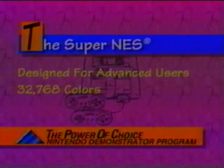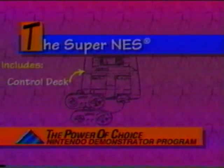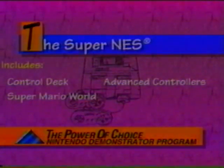Nintendo's most advanced video game system is the Super Nintendo Entertainment System, also known as the Super NES. This system offers thousands of colors and up to 4 layers of scrolling screens which provide dazzling 3D graphics. It also includes digital stereo sound to help bring new excitement to video game play. It's like playing in a movie. This system includes the control deck, 2 high-tech controllers, the game pack Super Mario World, the AC adapter, RF switch,